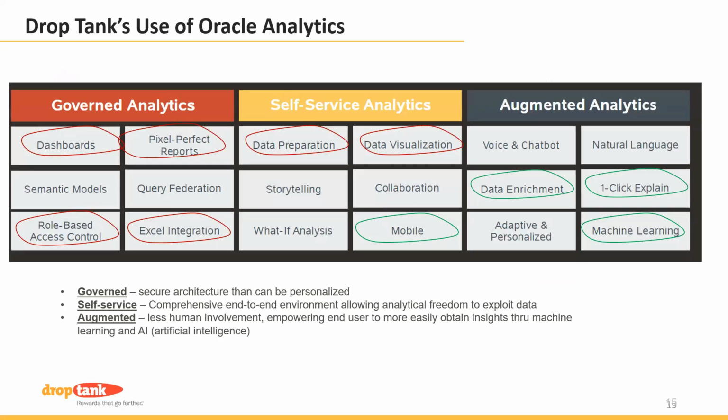So with that, as far as getting a little bit into the future here, I know we're running a little short on time. This is Oracle Analytics and the different areas of analytics that are offered through their tool here. The reds are items that we're doing currently. The green are ones that are on my radar for what we want to do in the future here. Very much this data analytics space is moving to the augmented, right? Less human involvement, more artificial intelligence here. Some really cool stuff that's out there.